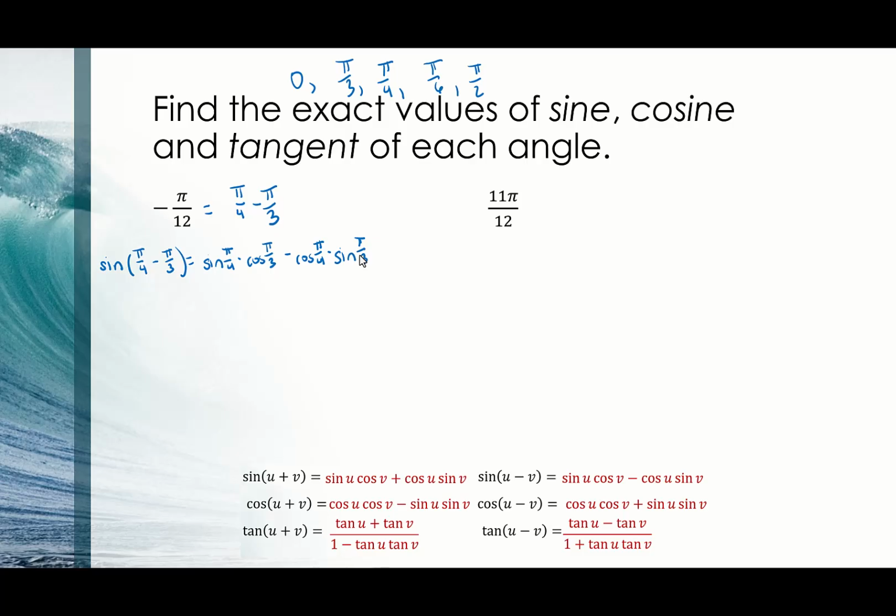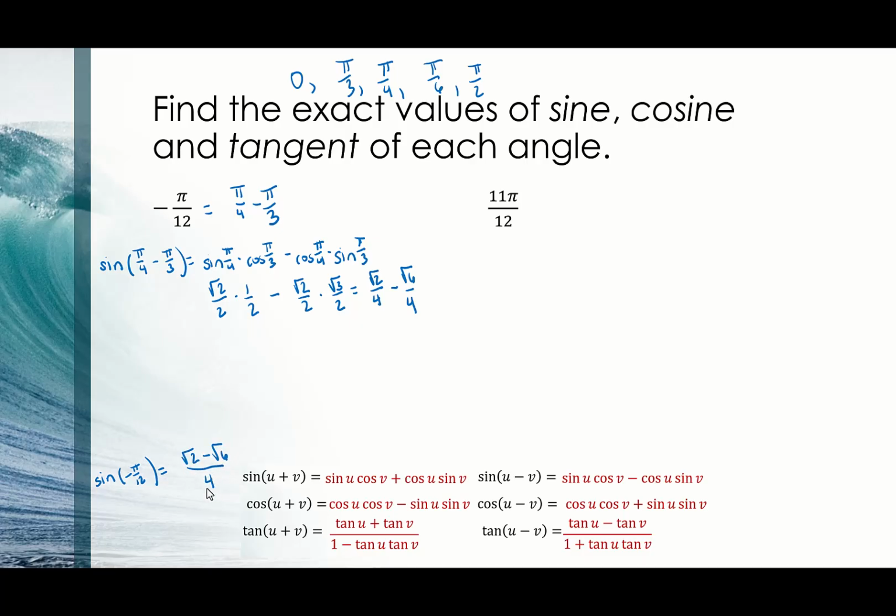And sine of pi over 4, that's going to be root 2 over 2. Cosine of pi over 3 is 1/2 minus cosine of pi over 4 is root 2 over 2 times sine of pi over 3, which is root 3 over 2. When I look at these, that's root 2 over 4 minus root 6 over 4. So another one using these root 2s and root 6 is very popular. And I'm just going to write it as one fraction, but I'll put my final answers down here. So sine of negative pi over 12 is going to equal root 2 minus root 6 all